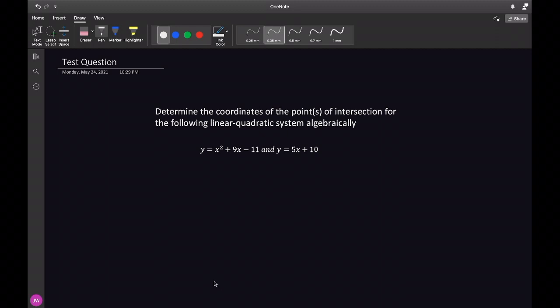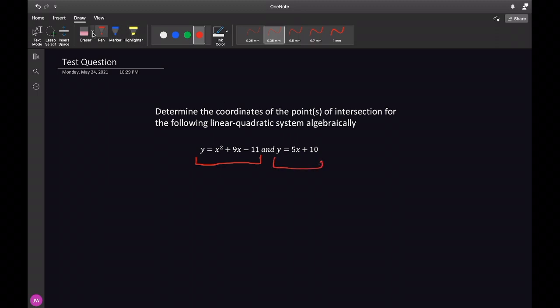Alright, welcome back everybody to another video, and in today's video we will be talking about how to solve a linear quadratic system. So the question says, determine the coordinates of the points or point of intersection for the following linear quadratic system algebraically. So we're given a quadratic function right here in standard form, and we're given a linear